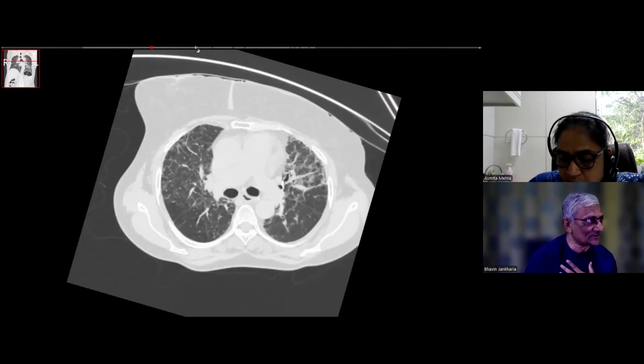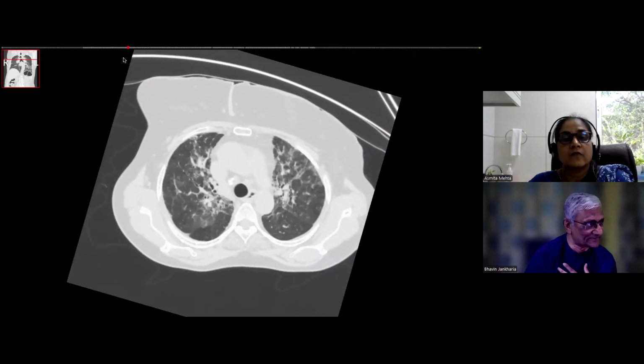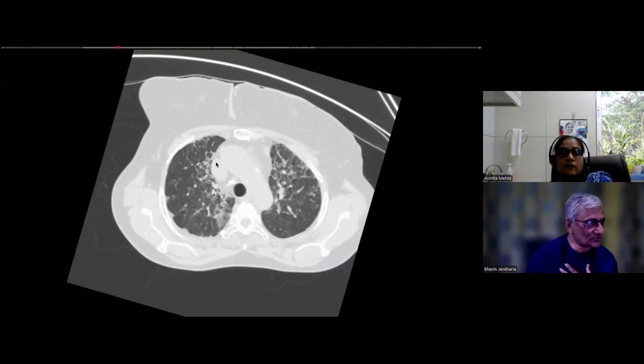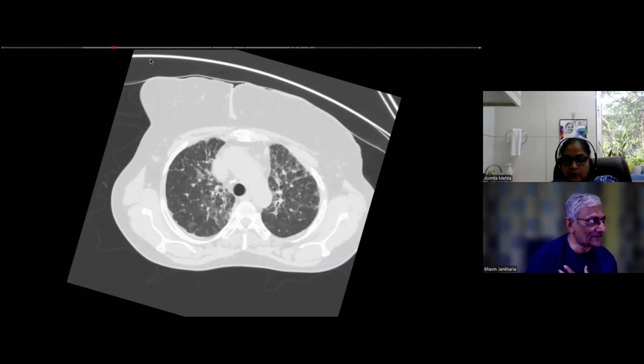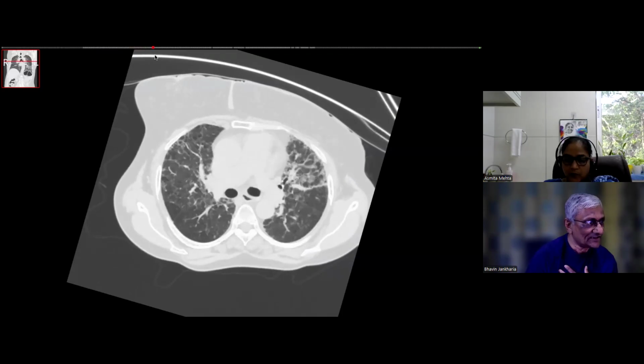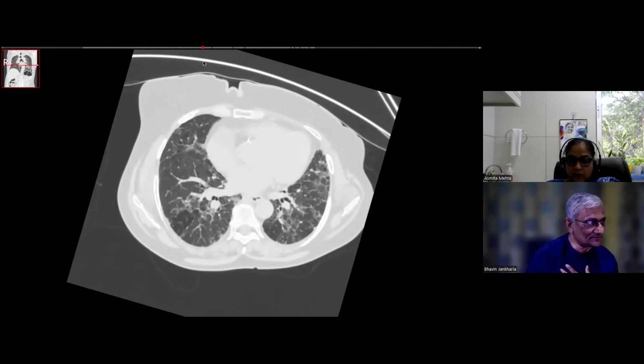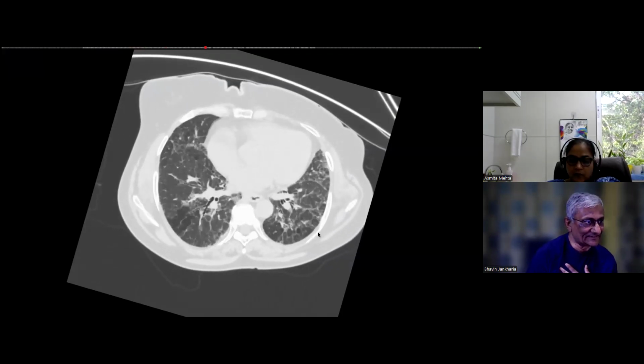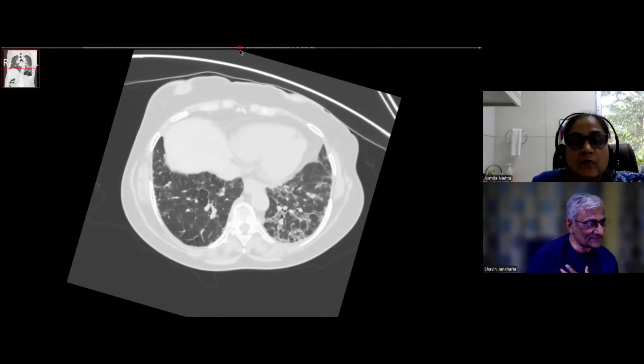So we're just going to focus on the prone images here. We see reticular opacities with an axial distribution that is going from the hilum to the periphery. And then as we come inferiorly, you see this hexagonal pattern of disease, which is quite interesting. It's also